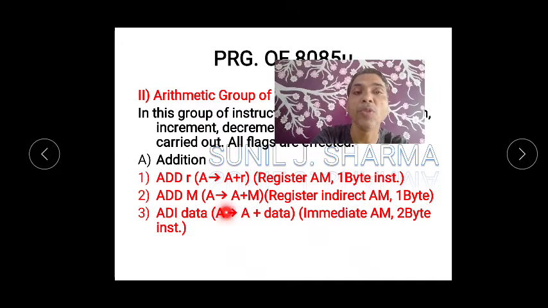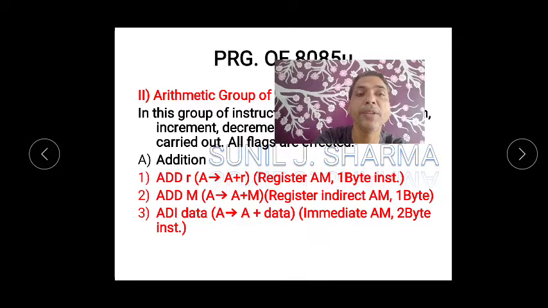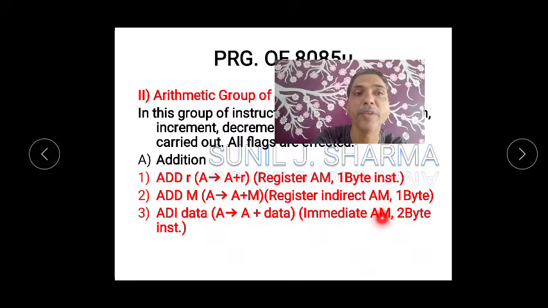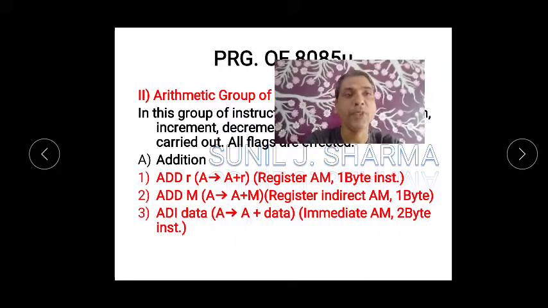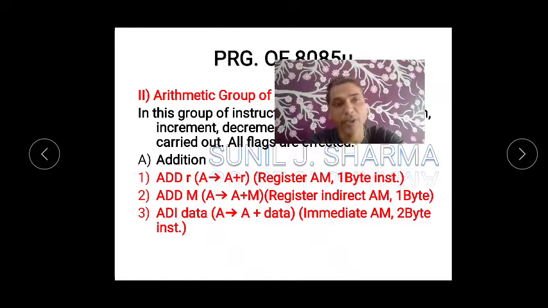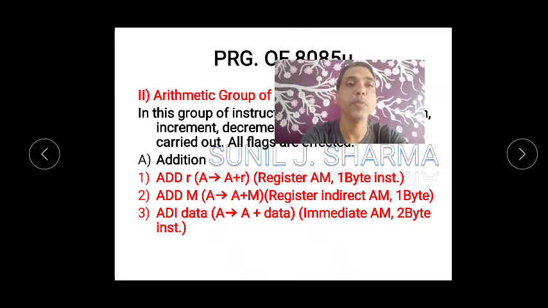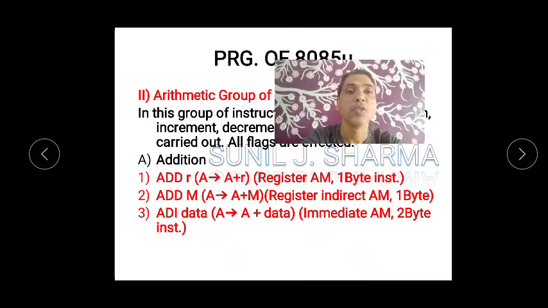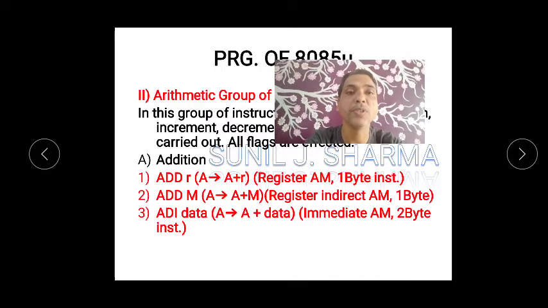Now when you go to the next instruction ADI, I indicates immediate and data is there, so immediate data. So A is equal to A plus data. This belongs to immediate addressing mode. This is a 2 byte instruction. Immediate instructions are never 1 byte instructions. They are either 2 byte or 3 byte instructions. So we will see one example of all these 3 things. I hope you got it.